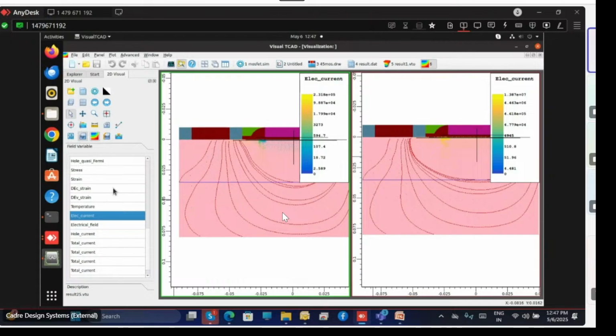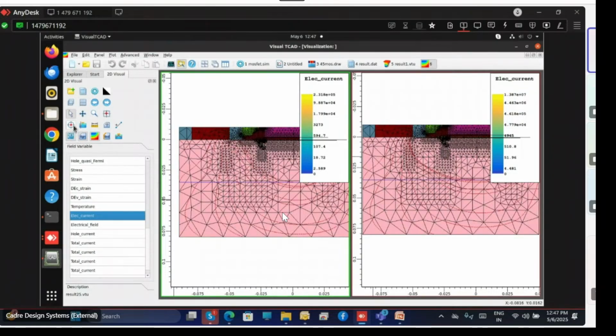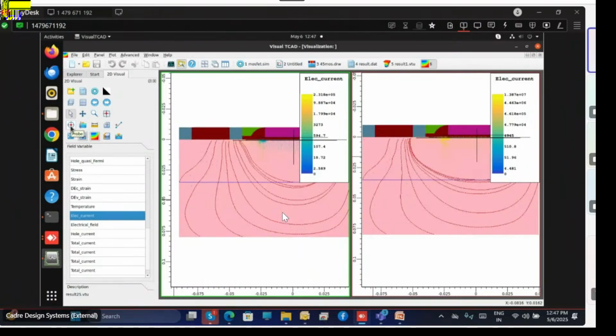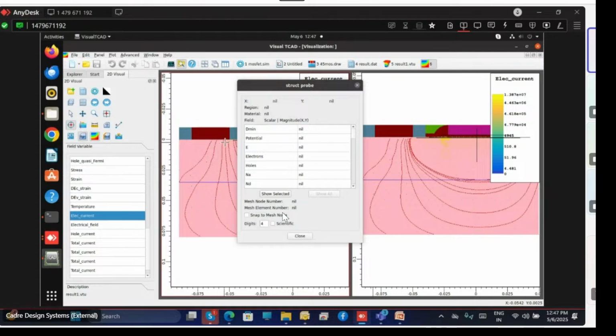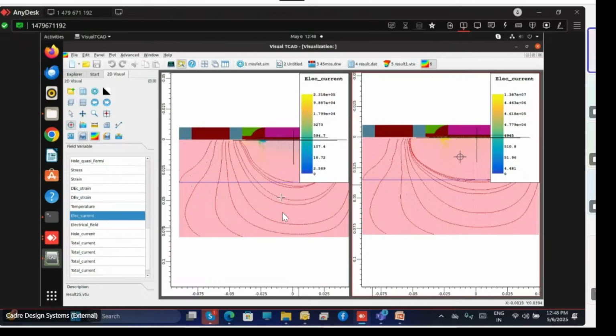If you want to make a cut line, you can take a cut line of all these things. Or if you want to make a probing, we have a probe option. Put a probe anywhere, and all the profiles you will get at that particular location. What are the values here? You can easily get them with the probe option. In that way, you can do the inner